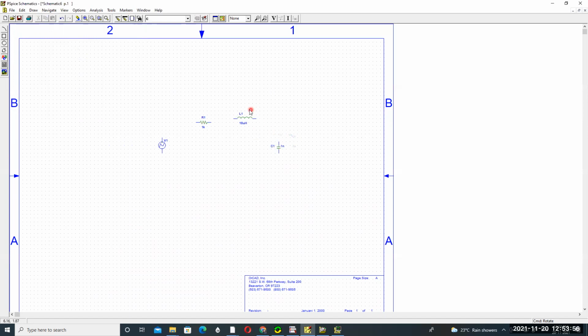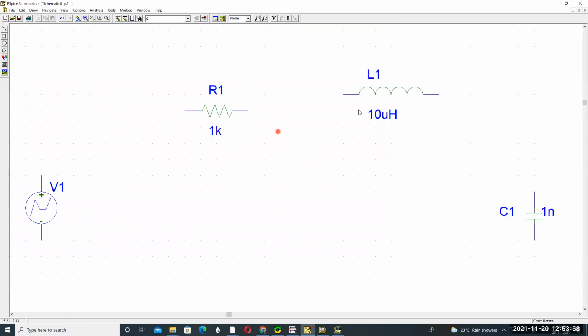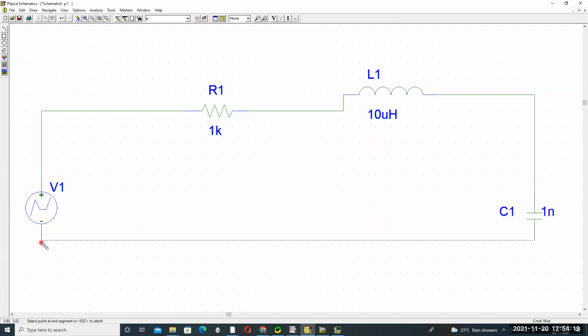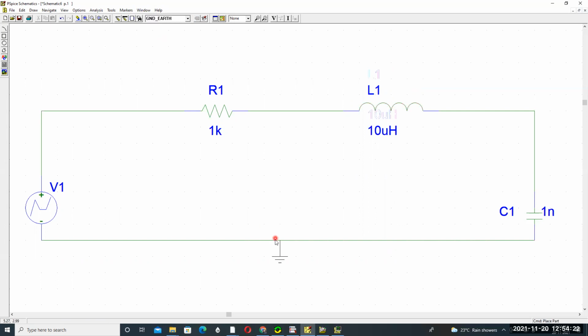So like this, take the RLC elements and connect: the source to the resistor, the resistor to the inductor, the inductor to the capacitor, and the capacitor's second terminal to the step source. Connect these elements and take the ground also.